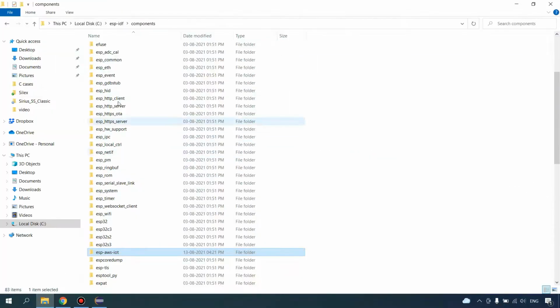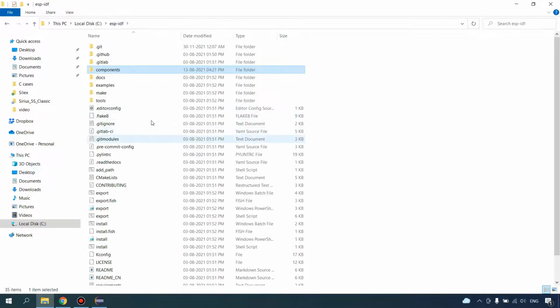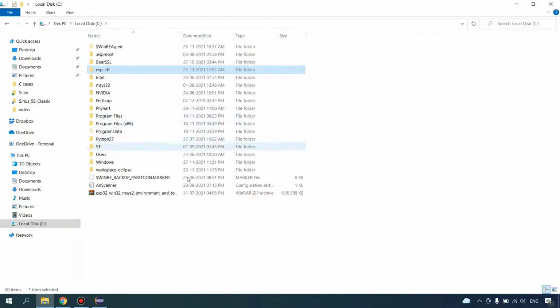It is not necessary to add this AWS IoT SDK in this component folder only. You can add this here, or you can even add this here also, or in any of the folders.